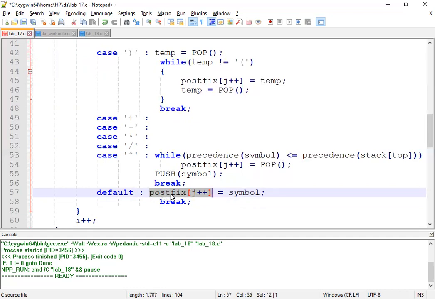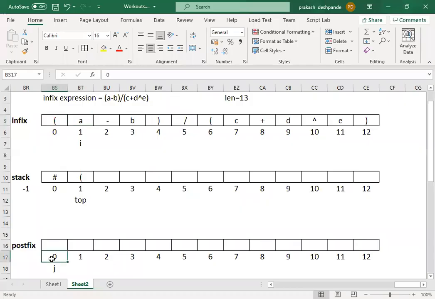While updating the postfix string, whatever the symbol is, that A symbol will get added into the postfix and then its index is incremented. At present postfix J is 0, so here the symbol A will be added, and then J++ is a post increment. After performing this operation, J is incremented.